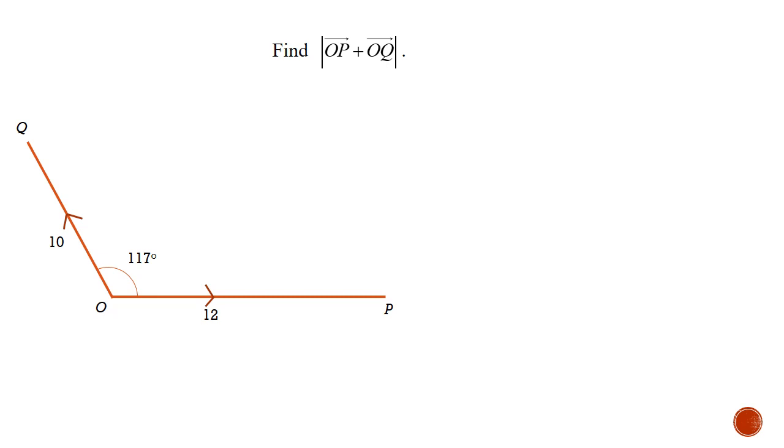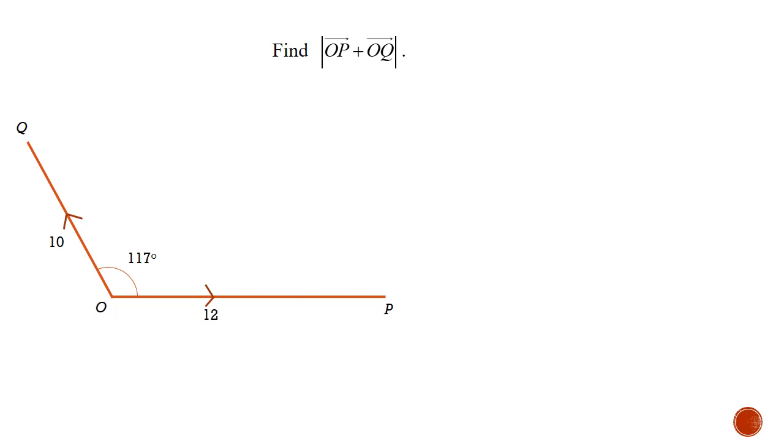Let's look at this example here. We have vector OQ to be 10 units and vector OP to be 12 units. Angle QOP is given to be 117 degrees, and we are asked to find the magnitude of vector OP plus vector OQ. You realize that we cannot immediately add vector OP with vector OQ because they do not form